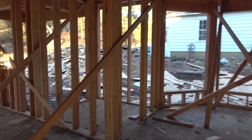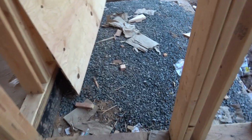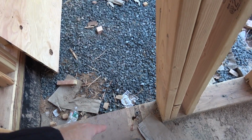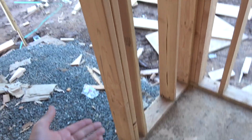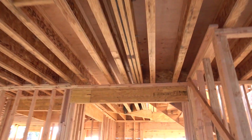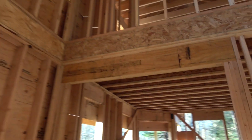Now that the framing is primarily done, you have to make sure everything's anchored. You want to make sure that you remember the anchor bolts we used right here to anchor the floor to the foundation. Then you have to anchor the first floor to the second floor. And then when you get up top, you're going to make sure that you anchor the roof to the second floor. And you'll see the hurricane ties,